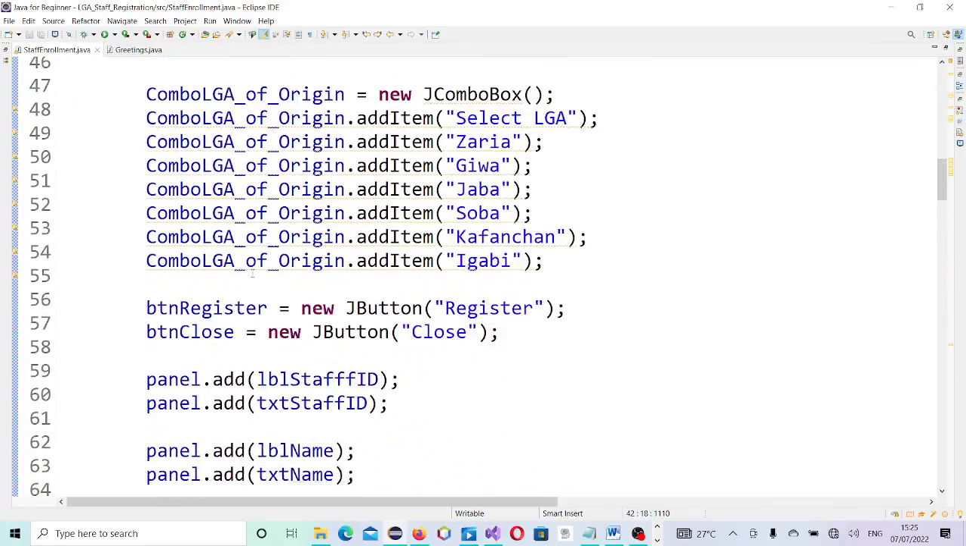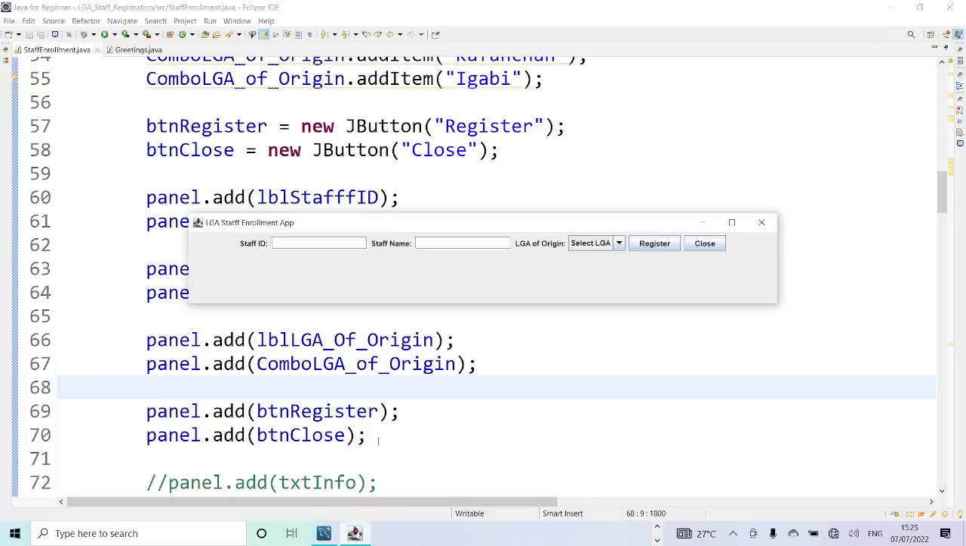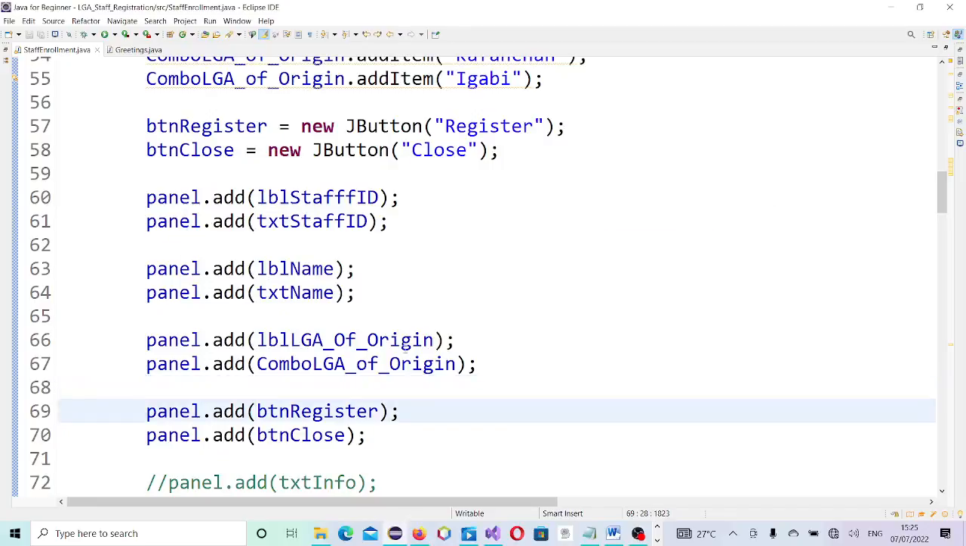Then we add them on what? On the panel. Thank you. So this is the panel, and this is the last thing here we're having. Before we're going to add them before these two buttons, or even before the local government, right? Yes. So before local government, this is LGA, right? So from here, I'm going to add